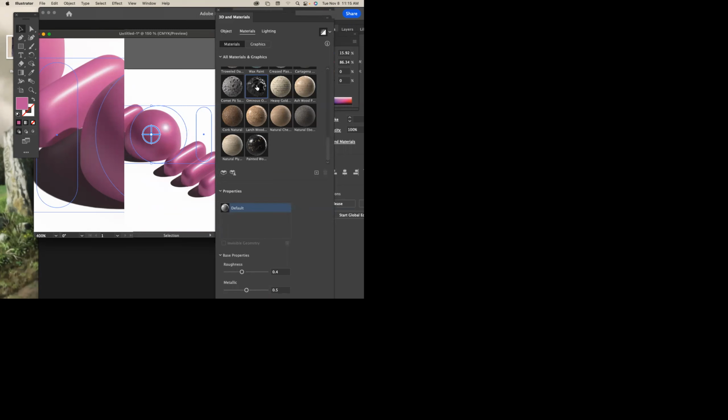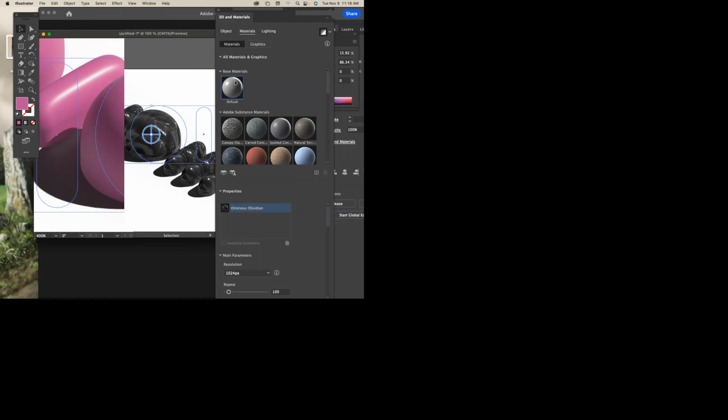But again, this is what's cool. You can apply this stuff. Remember, it does take a little time. Give it some time. It's not instant because this is a lot of computer memory to do this stuff, okay? All right. And again, what's cool about this is you can apply it to anything. This is the next step I'm going to show you. Oh, look at that. Okay. And then if you don't like that, just go back to the default. But now, this is the first time I try this. I'm going to experiment with,